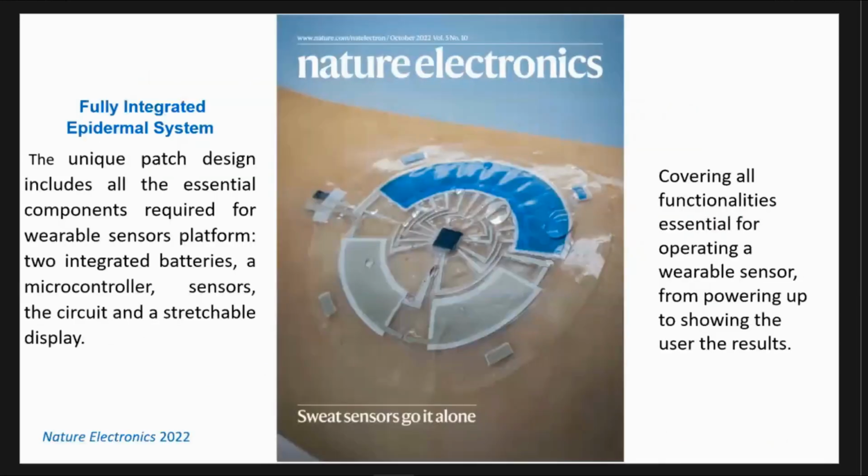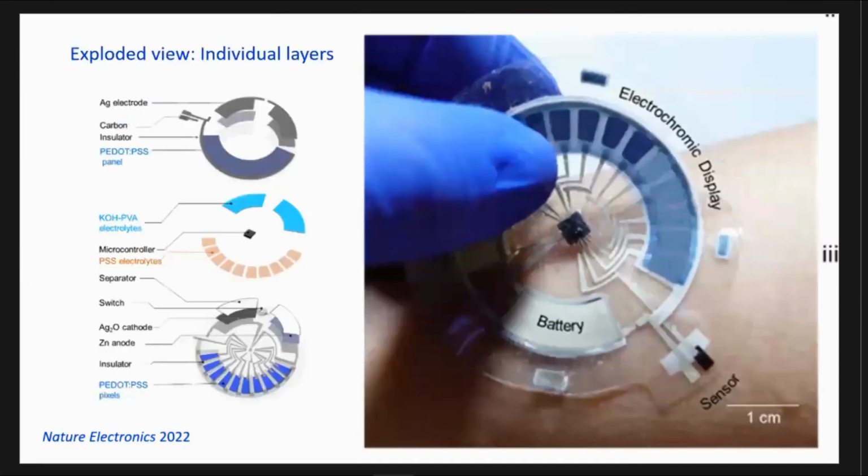And then we combine all of this for a fully integrated system, also with an electrochromic display, PEDOT:PSS, where you display the level. These are the sensors, these are the batteries, and they also have this electrochromic display, as you'll see. So you get a fully integrated wireless system. You can see the design. These are the two batteries and the display. You see this 5 pixel tells you this 5 millimolar of